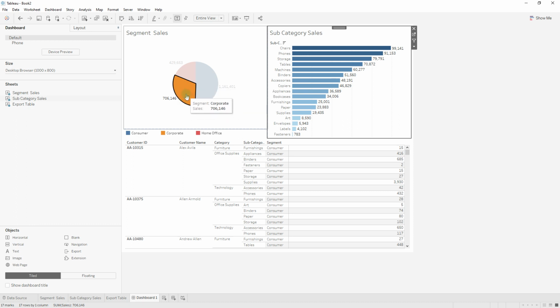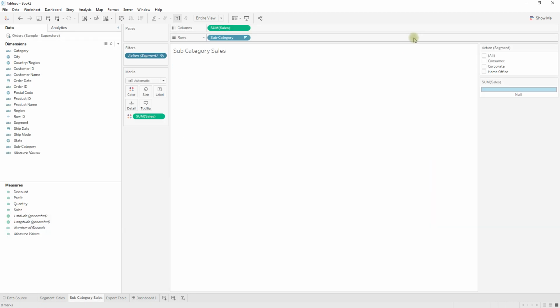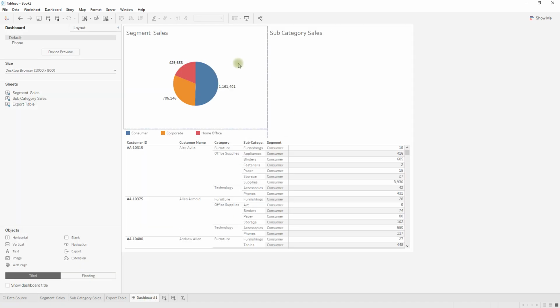To clear, just click on the selected item. So now the action is cleared and the sheet is hidden. Actually, here the sheet is not hidden, we have the filter still there, but the values are not selected. If you see here, none of the values from the segment is selected, so that's why this chart is empty, so it went blank. I hope you are now clear on the different ways you can clear the action filters.